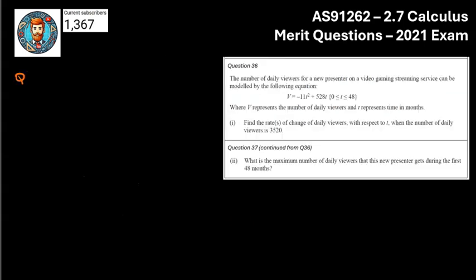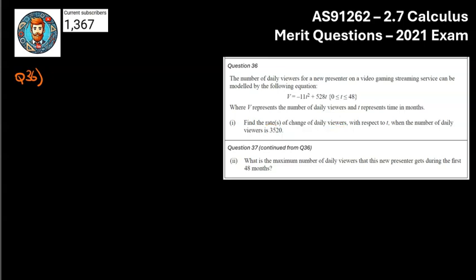Moving on to question number 36, and then this flows into question number 37 as well. So we've got the number of daily viewers of some kind of video gaming streaming service can be modeled by this equation. The equation is only valid for between 0 and 48 months. V relates to the number of daily viewers, T relates to the number of months, and we've been asked to find the rate of change of viewers when the daily viewers is